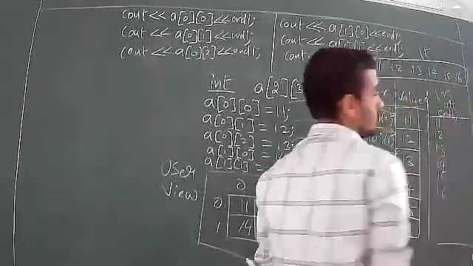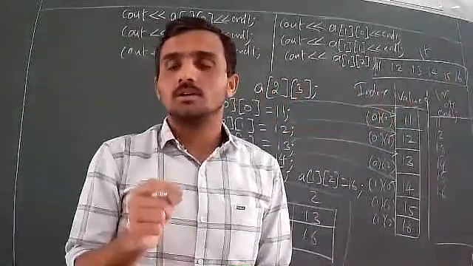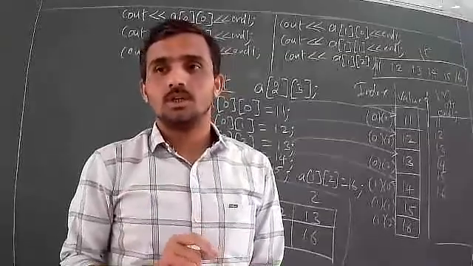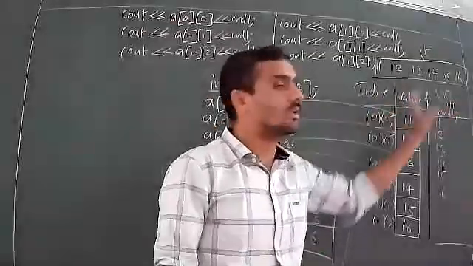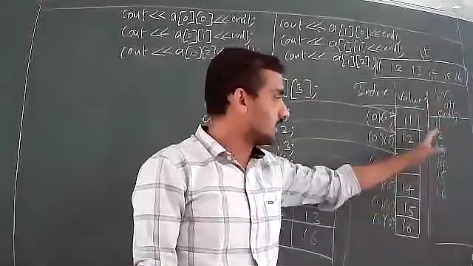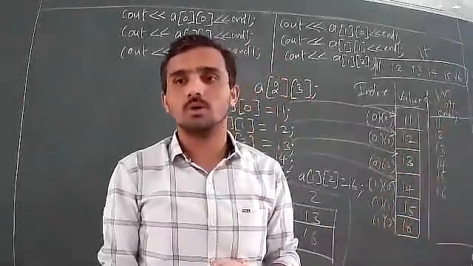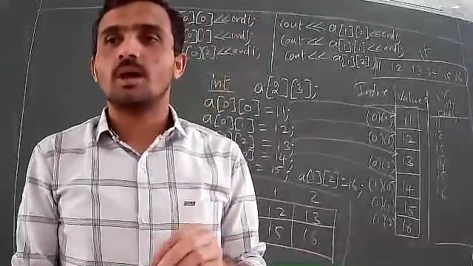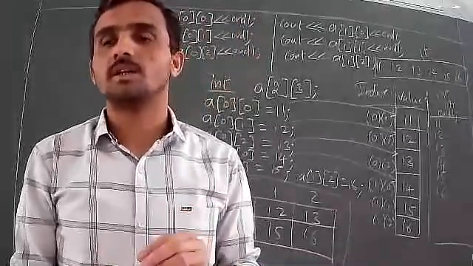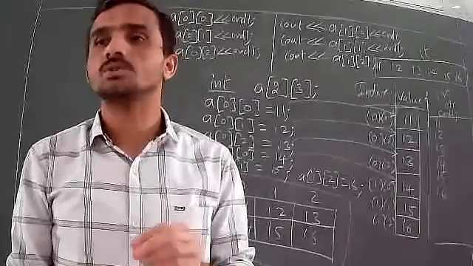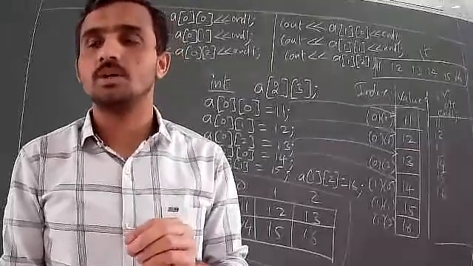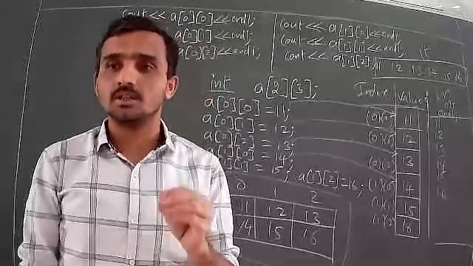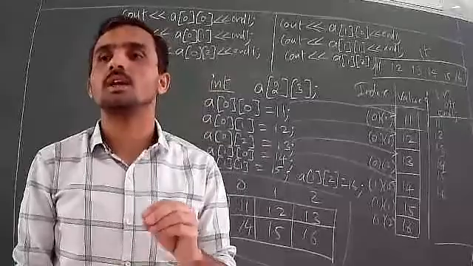But I'll tell you one thing. Both are not useful for us. If you display all the elements in horizontal format, or if you display in vertical format, both are not useful for us, because the intention of a two-dimensional array itself is to have the application of a matrix. Matrix means arranging the elements in rows and columns format. When we display the elements of an array for the user in rows and columns format, that itself is the application of a two-dimensional array.